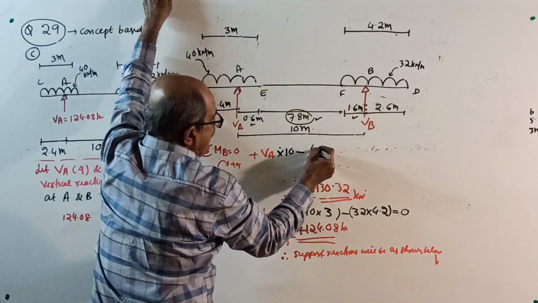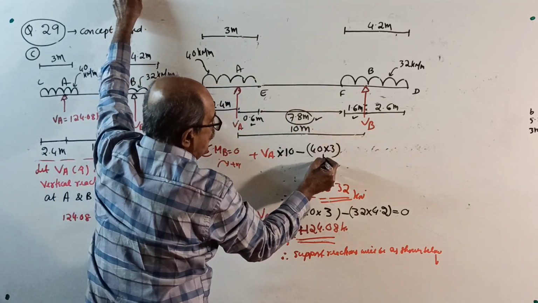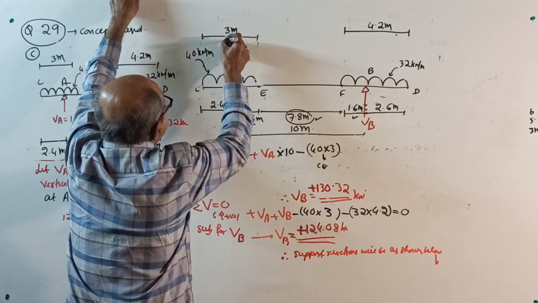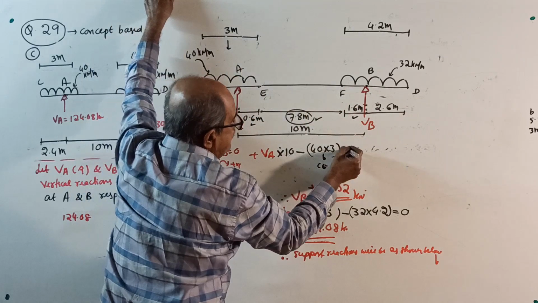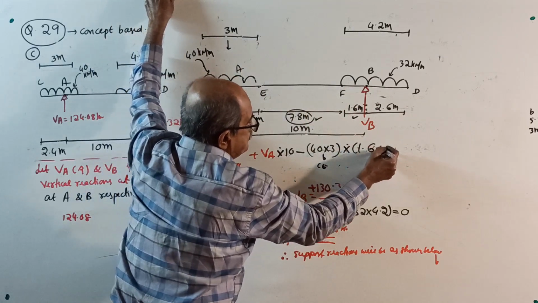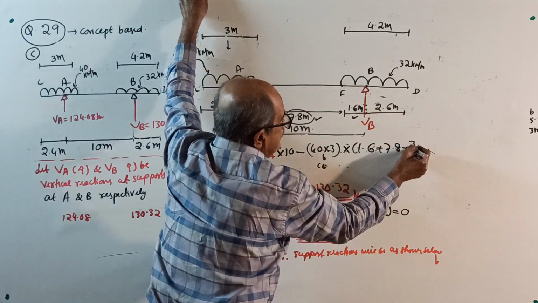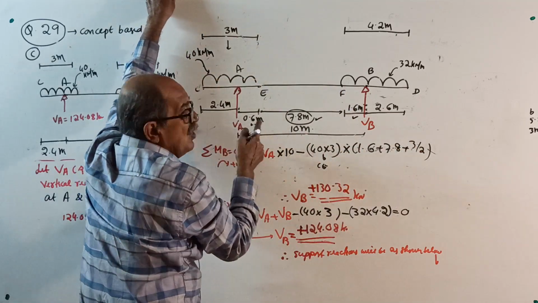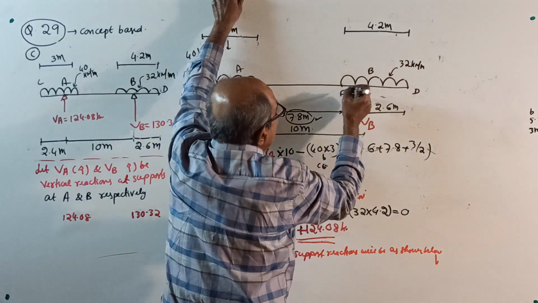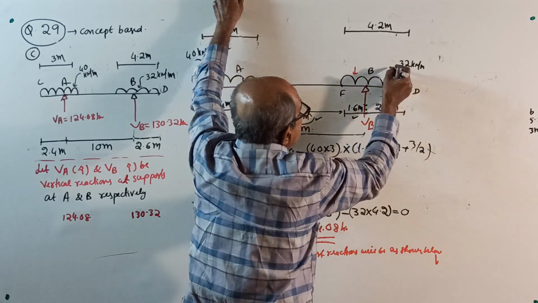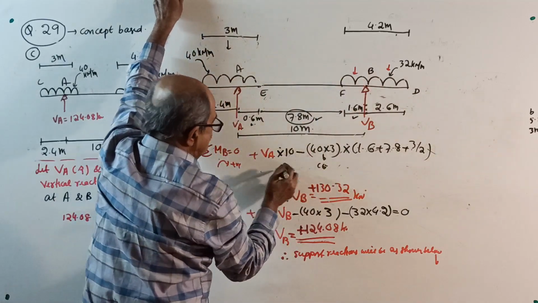40 into 3 is the UDL. 3 is the UDL from C to E. It will pass through the center here. So from here the distance is 1.6 plus 7.8, plus from here to here is 3 by 2. Then these distances are not required. Okay, then here this side UDL is acting here. The UDL which is on the left side will create anti-clockwise moment. So minus